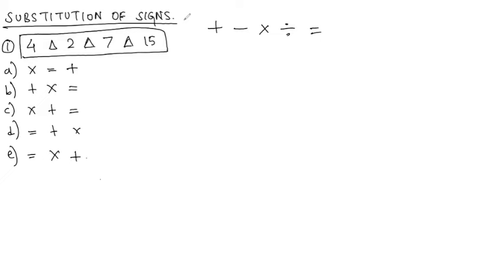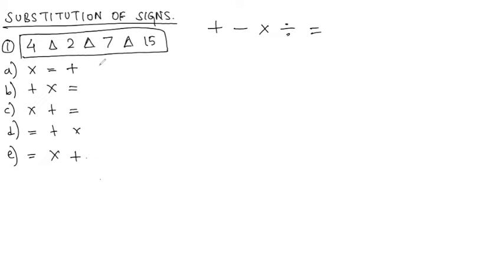So here what are we supposed to do? Each option's signs you should substitute in place of the triangle. A triangle place alli you should put these signs. Andre now take option A for example. First multiplication ide, andre first triangle place alli you should put multiplication. Second triangle place alli you should put is equal to. Third triangle place alli you should put plus. After putting the signs, check the answer. Is it correct or not? I'll explain it to you. We'll do it one by one. Then it's easy to understand, okay?